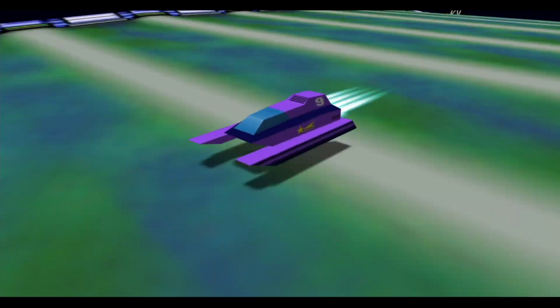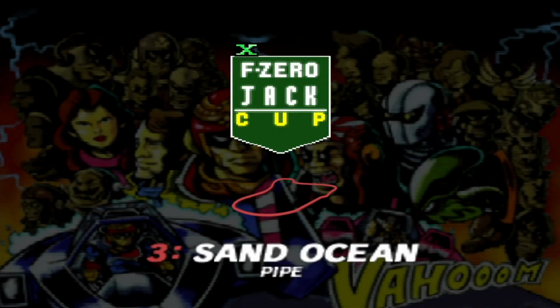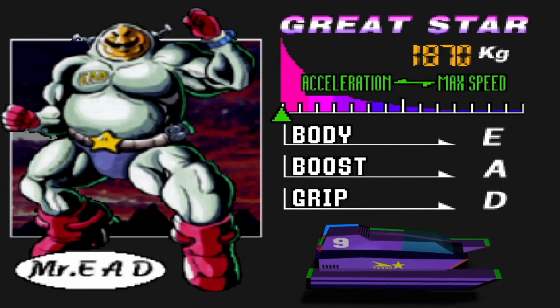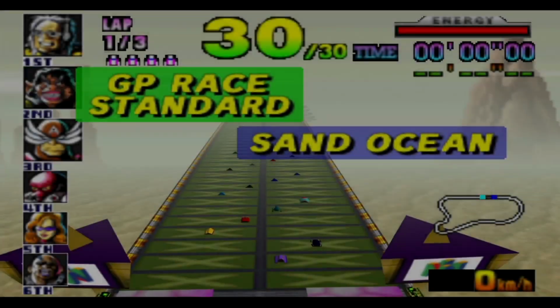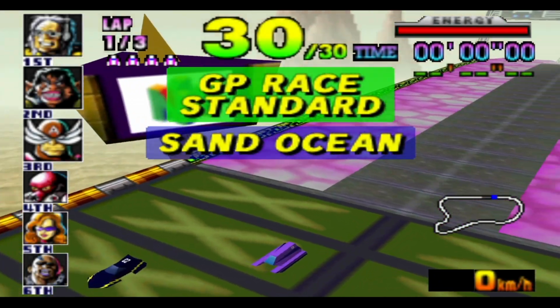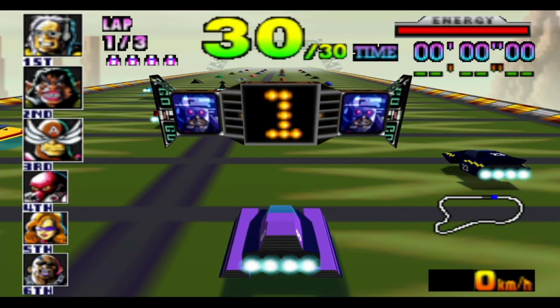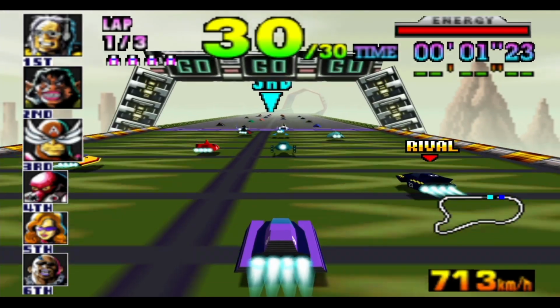Yeah, F-Zero actually really loves its cameos. He's not the only character this applies to. The belt that Mr. EAD is wearing actually has a star, based on the superstar from Mario. Which is awesome. Okay, let's go show off the full acceleration this time, because this track should be kind of